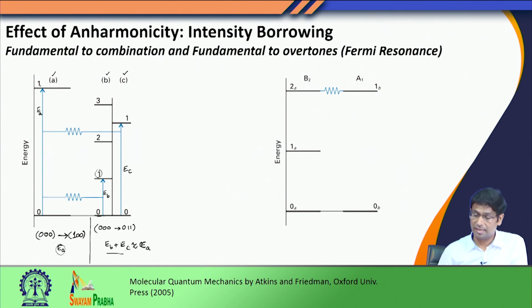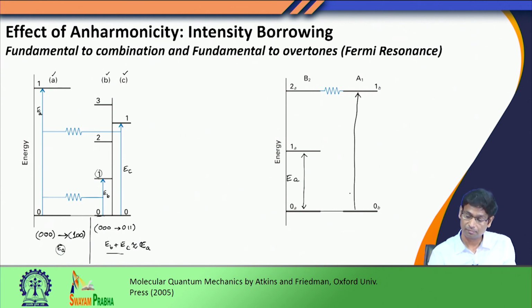There is another example here. Instead of combination, we will look at fundamental to overtone. For example, here it is showing only 2 modes. This is the ground state 0 0. Along A mode, we have 0, 1, 2. You see this is the energy along E A. Along the B mode, this is E B. So, for the 0 0 to 0 1